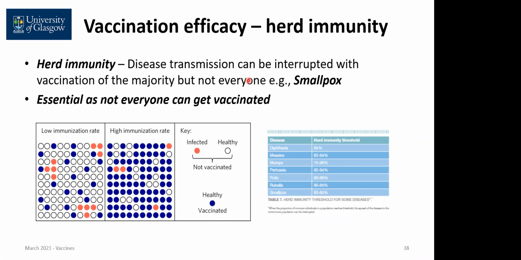But you need to be aware that not everyone received the smallpox vaccine when it was given worldwide. However, the transmission of this disease was interrupted simply because of this idea of vaccination, this idea of herd immunity. And this is essential, as I've said, because not everyone can get vaccinated. And this next